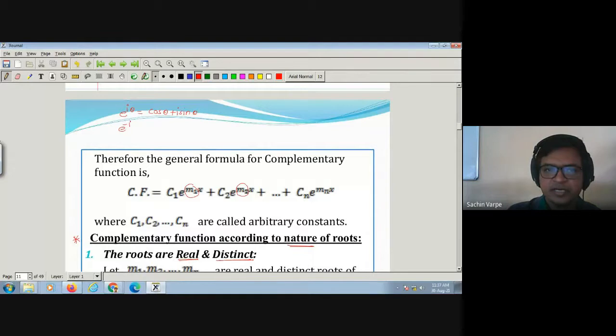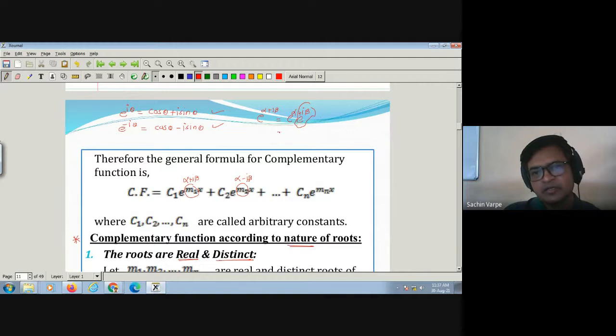And what is e to the power minus I theta? It is cos theta minus I sin theta. Okay? So with the help of these two formulas, because this is e raised to alpha plus I beta and this is e raised to alpha minus I beta, how will I write e raised to alpha plus I beta? E raised to alpha into e raised to I beta, by laws of indices, right? And then this can be written as cos beta plus I sin beta. So it will be e raised to alpha into cos beta plus I sin beta using Euler's formula. Is this clear?